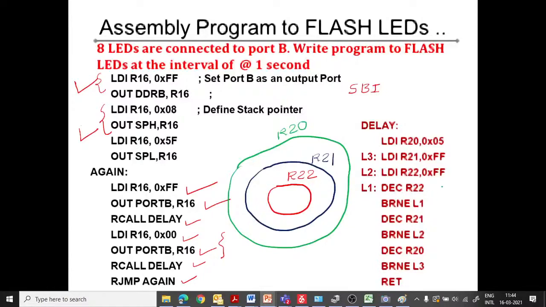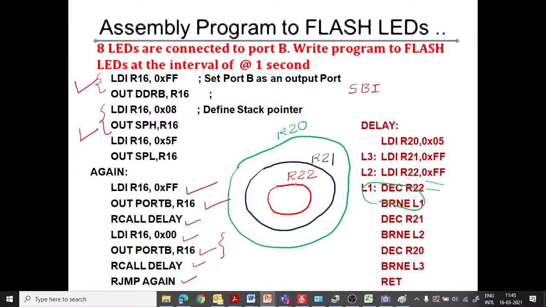In R22 we have FF. That means we have loaded some value into a counter, and then we are decrementing it until it becomes 0. So this loop will be executed continuously 255 times, because FF is 255, and then it will come out of the loop.